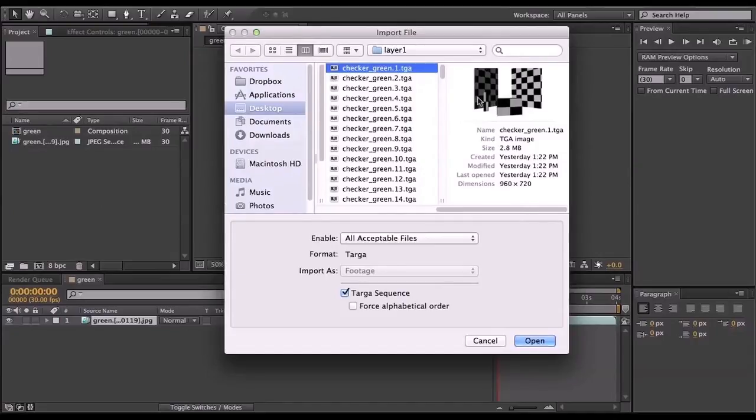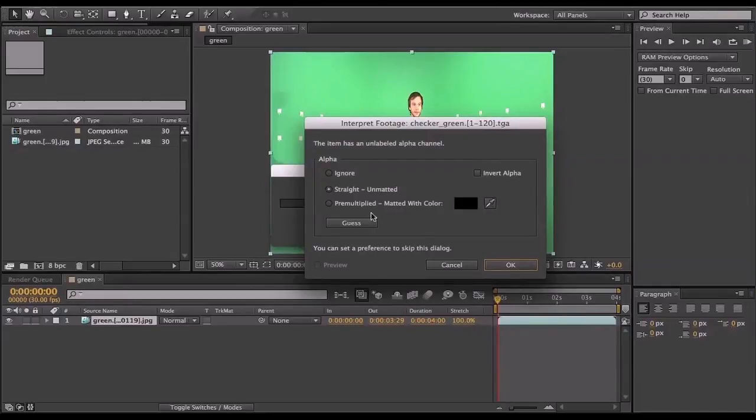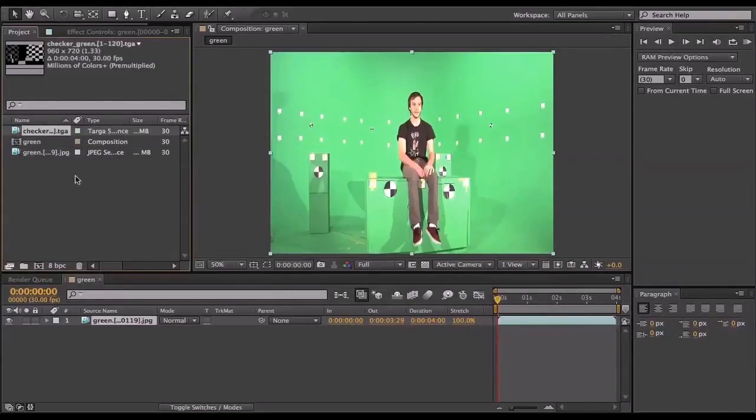Make sure that before you render it out from Maya, you turn off the image plane, because otherwise you'll not have any kind of alpha channel in your TGA, so you have to turn off the image plane before you render out the CG. Okay, but because I have alpha, at this point it doesn't matter if it's straight or pre-multiplied. I'm going to put it on pre-multiplied,